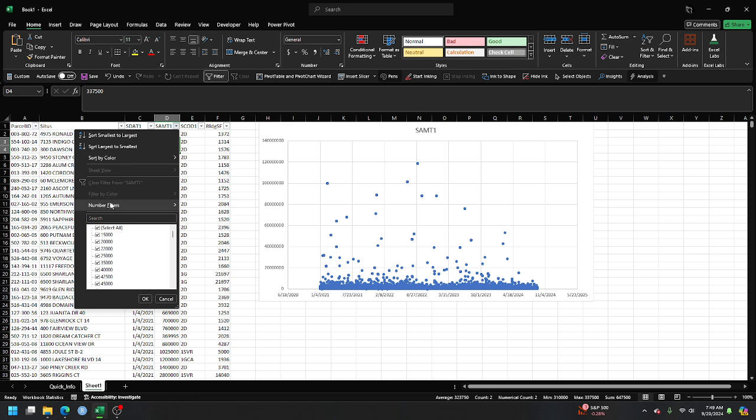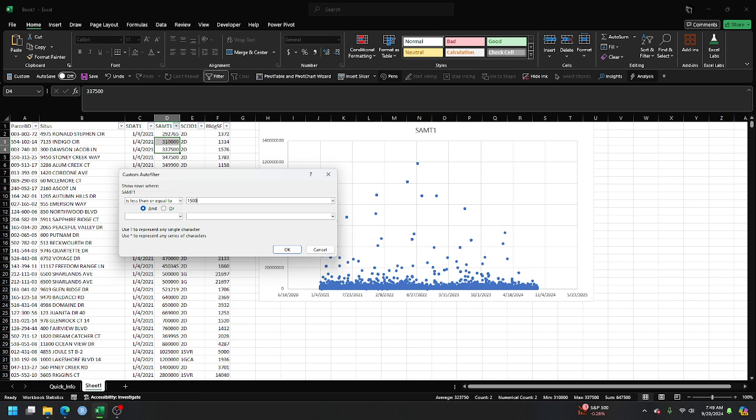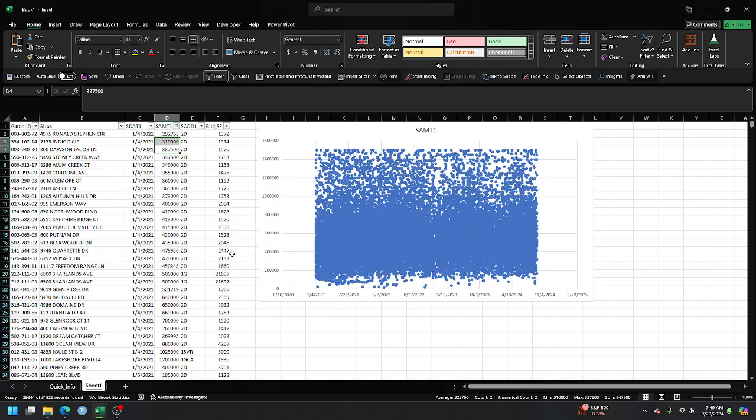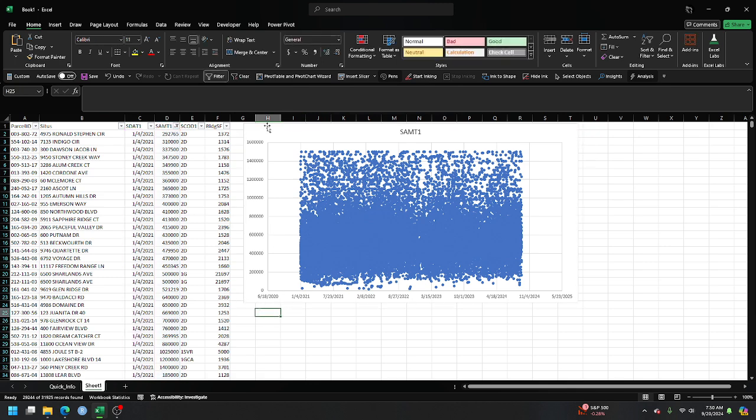We want to sort this with number filters. We want less than or equal to $1.5 million. Perfect. Okay, that's decent, right? Got a ton of data there, and this is all really not sorted in terms of geographic area or neighborhood, which would be useful in a formal regression analysis for specific purposes. But as a general example, this is going to give us a good start, because what I'm going to do